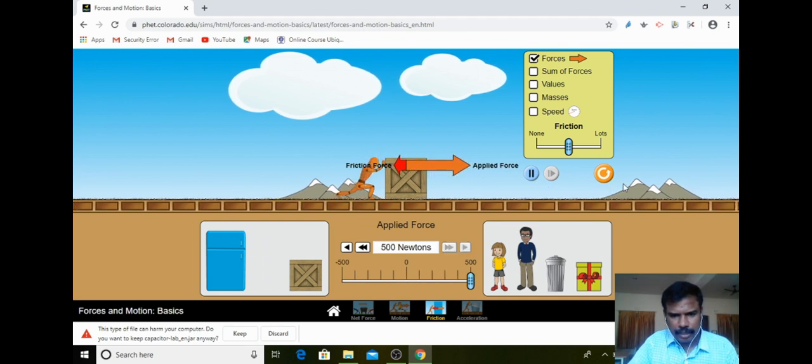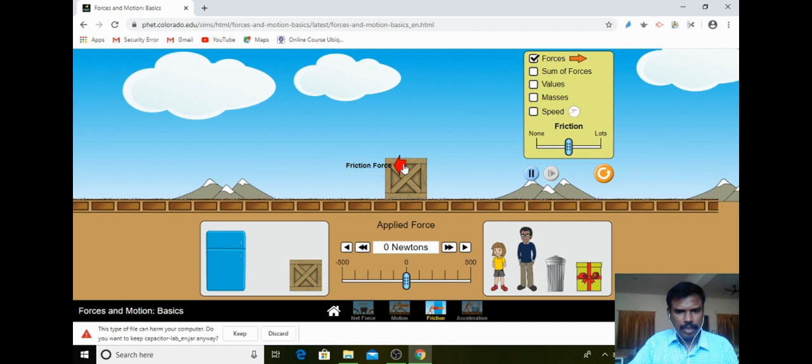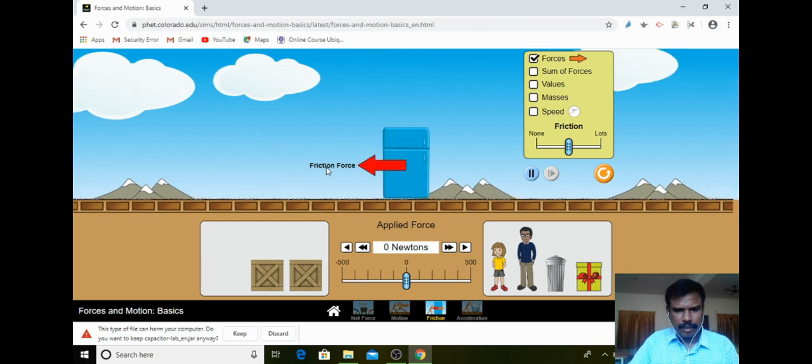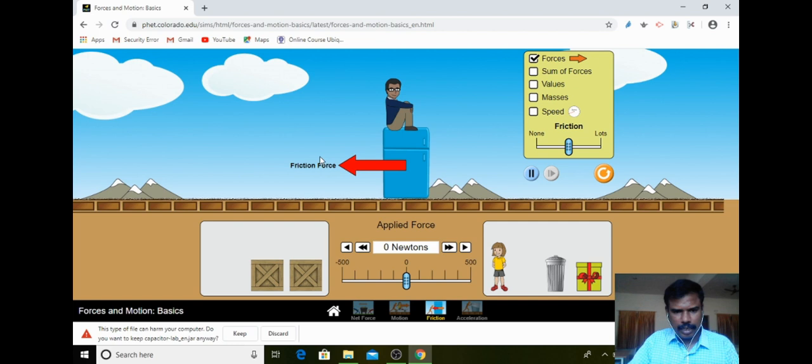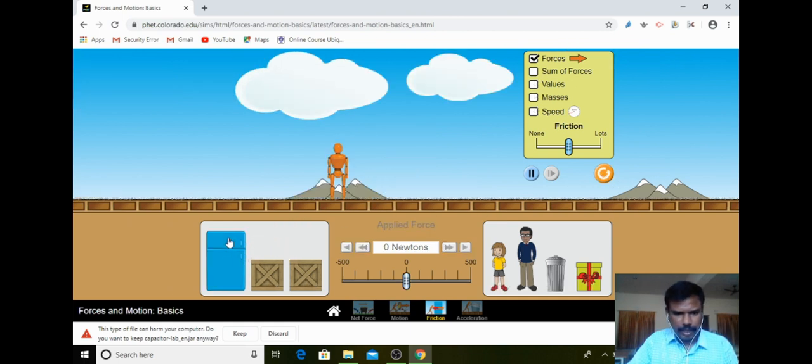So how the friction is going this way, after making this, the friction force in this direction. So which direction I can use, and I will change this one, and I can take it back. Now I can change, or I can select here. So the values also we can display here, and I will change this one, and here, or I can use it here. So here the values